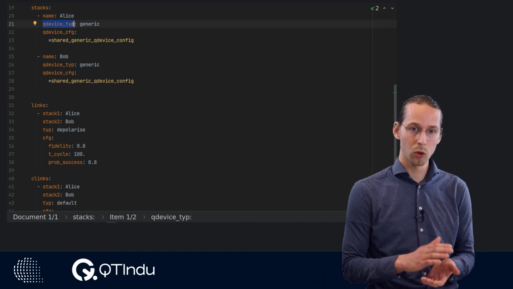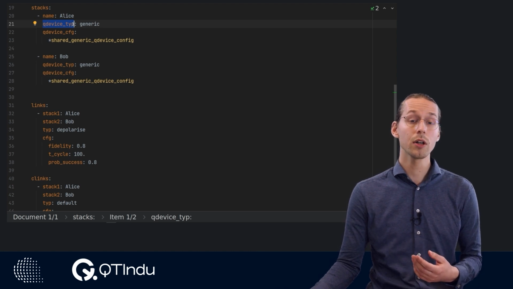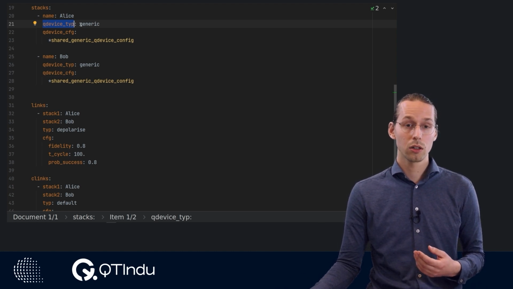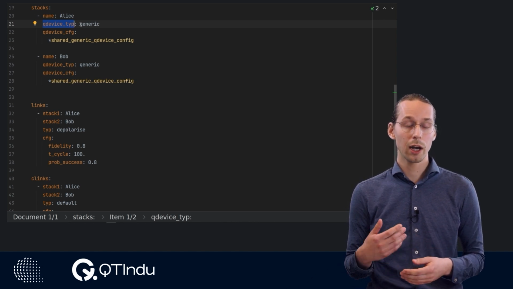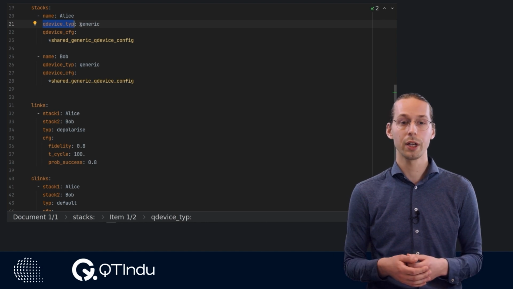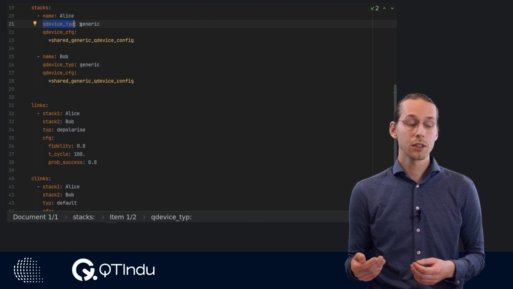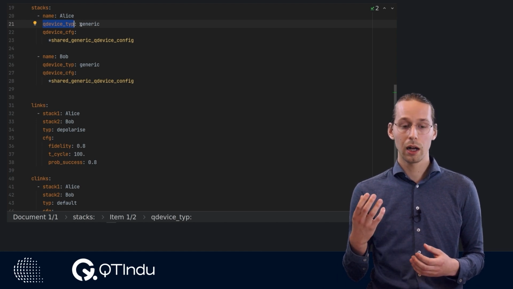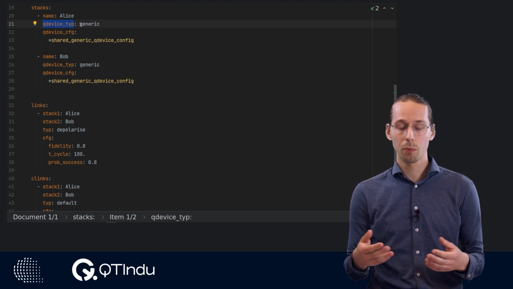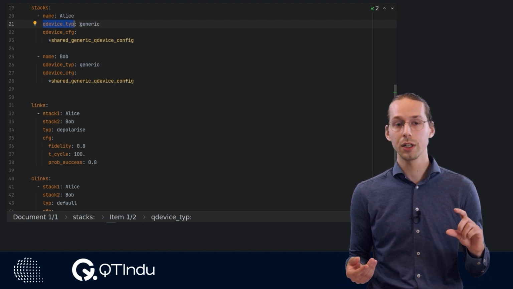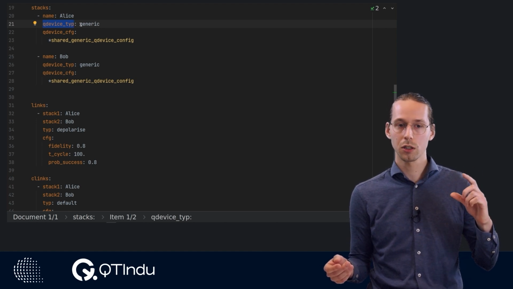Then the next parameter it has is the Q-device type. This specifies the model of this quantum device. In this case, we're using the generic model. The generic model has the major components of noise, but doesn't really have any peculiarities in regards to how these noise models behave. A different example would be the nitrogen vacancy model. This has some special peculiarities, special behavior regarding how its topology is structured. It has, for example, the topology that only the carbon and electron qubits can interact with each other.